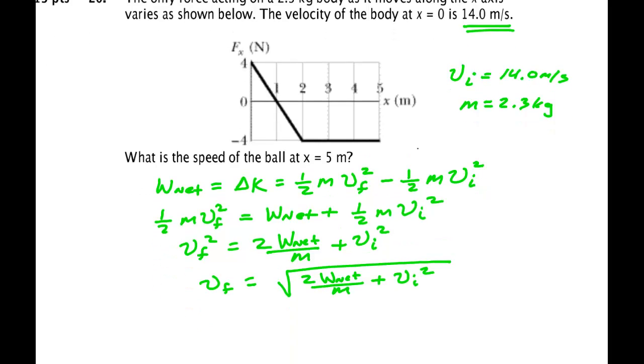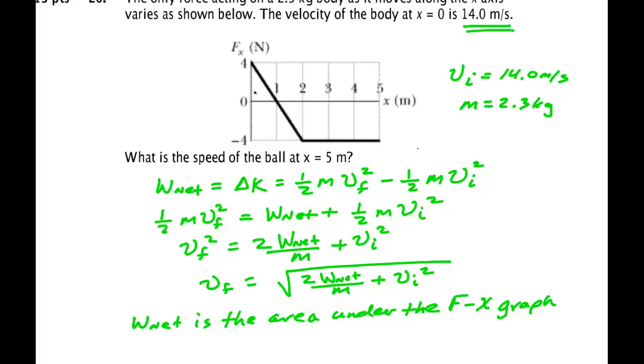Now I can do that because they told me what the net force is, and W net is the area under the force-position graph. So I've got a positive area here, I have a negative area there, and then I have this rectangle. If you look at it carefully, you'll see that the positive area and the negative area actually cancel. I'll go ahead and calculate them as if I don't notice that, but I do really,